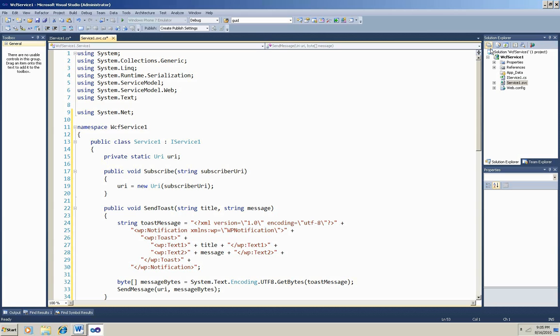In send toast, I've set up the XML that the phone expects to get, and I'm passing in two strings because a toast can show two lines, a title line and a detailed message line. Then I encode the message into an array of UTF-8 bytes and turn around and call send message, which is